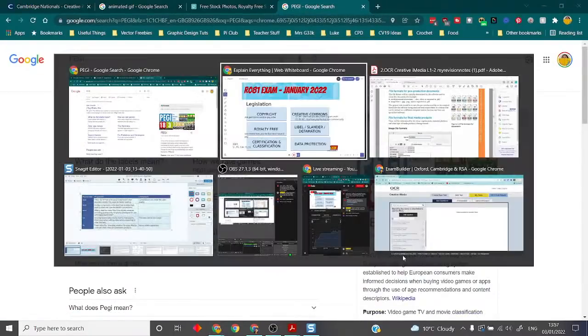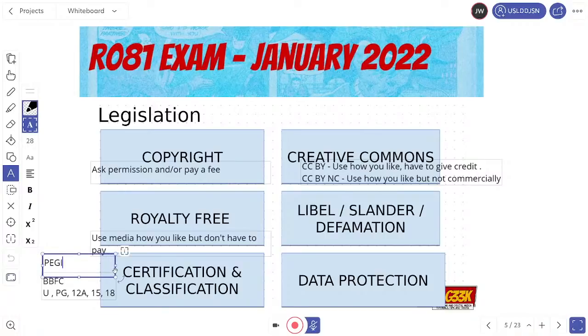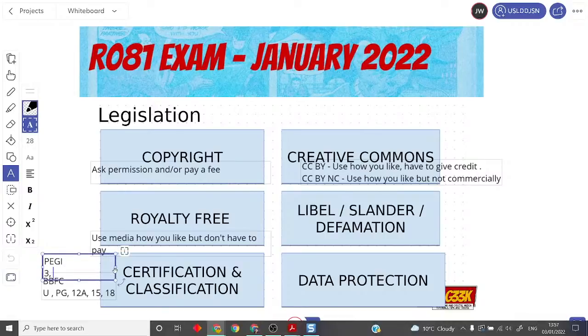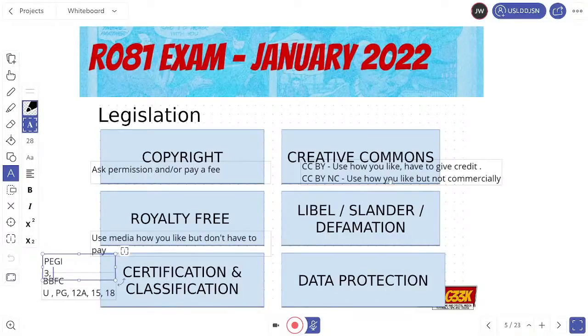And that is a way of ranking games in a similar way. It tends to be on the same format, so it tends to be based on violence and drugs. And I think these ones you've got 3, 7, 12, 16, and 18.